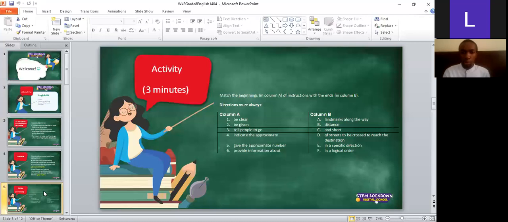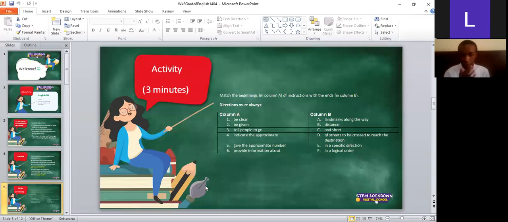Now, I would like everybody to be on their phone, and it's a legal activity, just to test you as learners, to see if you do understand how to give directions, because this is part of listening and speaking. It is part of the listening and speaking skills that we all need to have at school. We all need to use them also in real life, even after the lockdown period is over. You're going to need these skills. So this is what you're going to do.